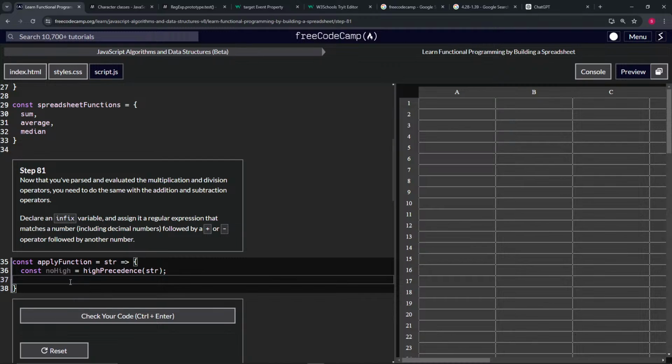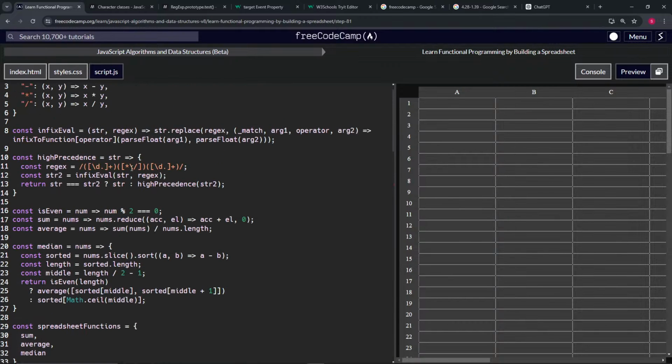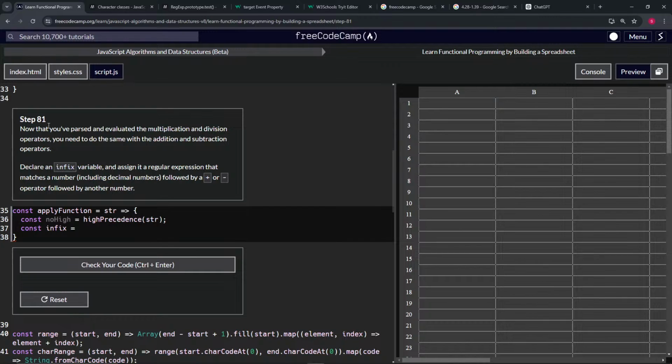So we'll say const infix equals, and we'll do the exact same thing as we did with the other one, but with plus instead of this. So let's grab this. We'll assign it a regular expression. So we'll do this, but we'll have a plus sign, so the escape character plus